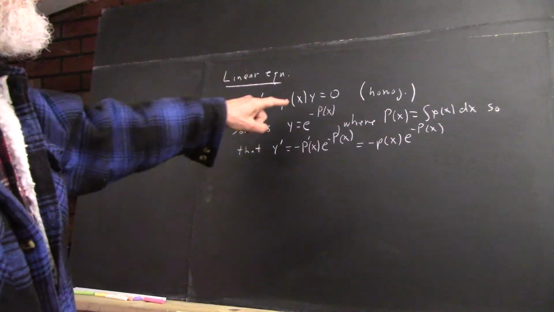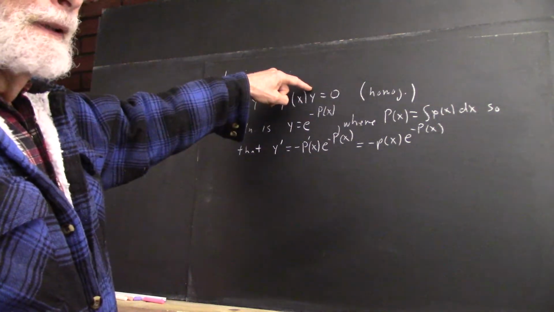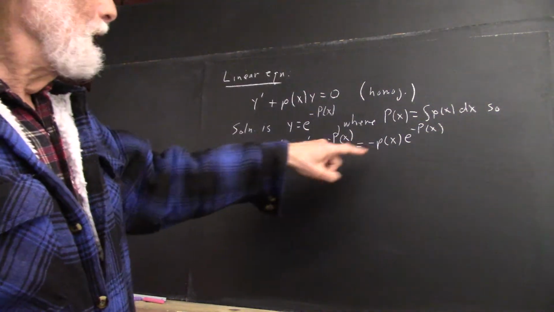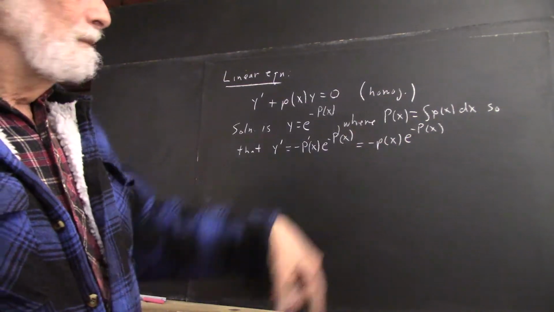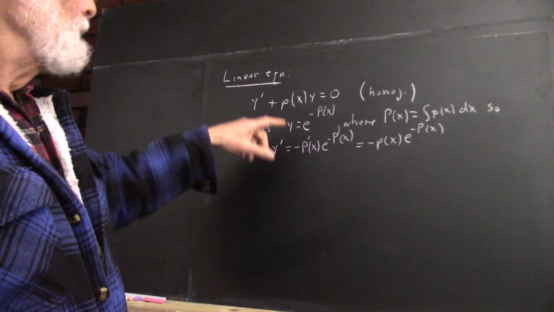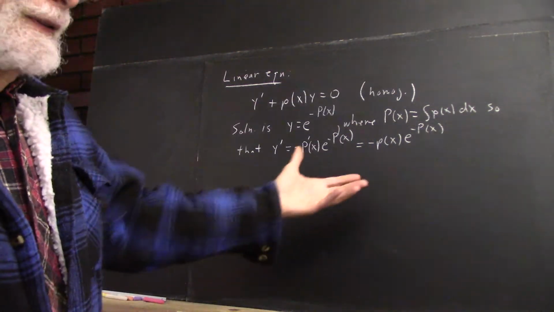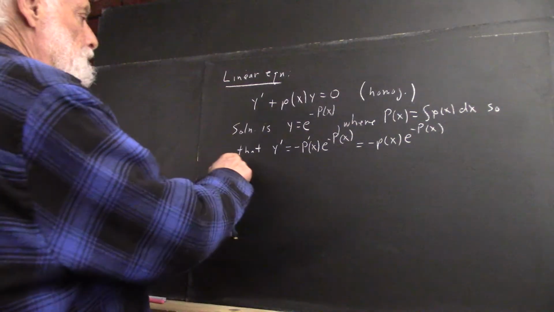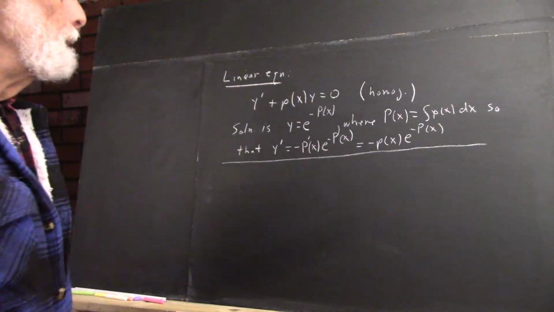and of course this is little p of x times e to the negative big P of x, so you have the negative of little p of x multiplied by the exponential plus the positive p of x. Okay, and it works out. It's almost automatic. So I'm not going to say any more about that. That's pretty easy. And then